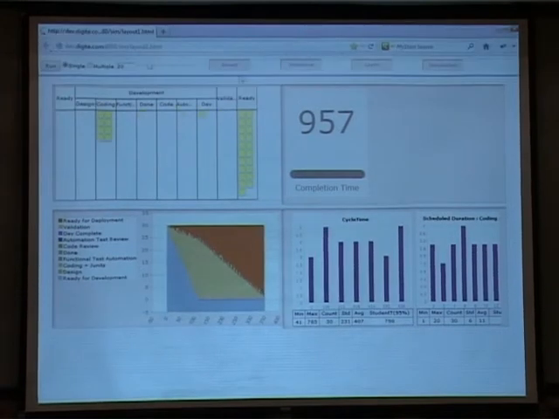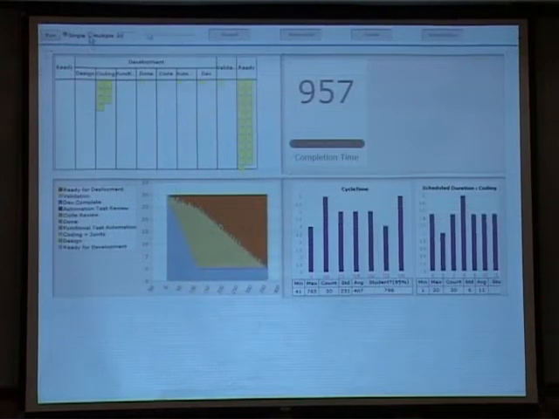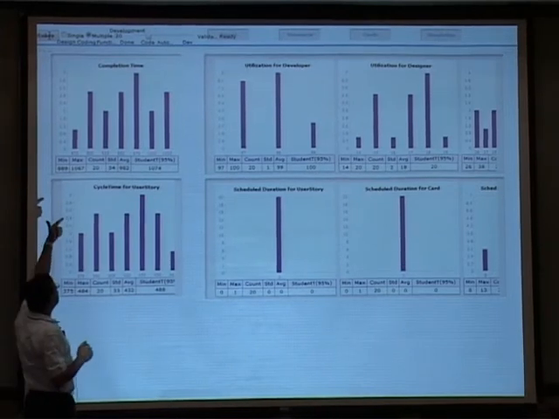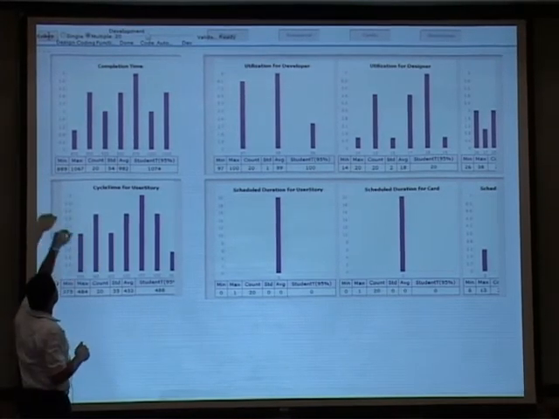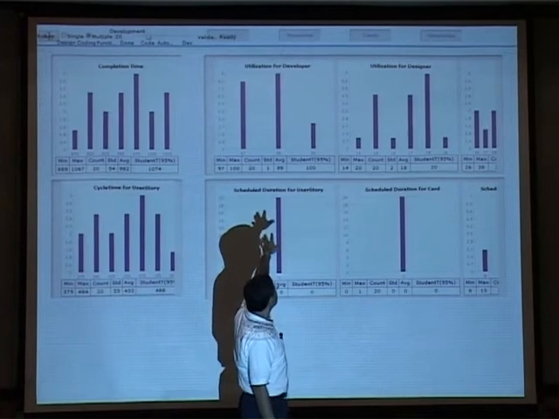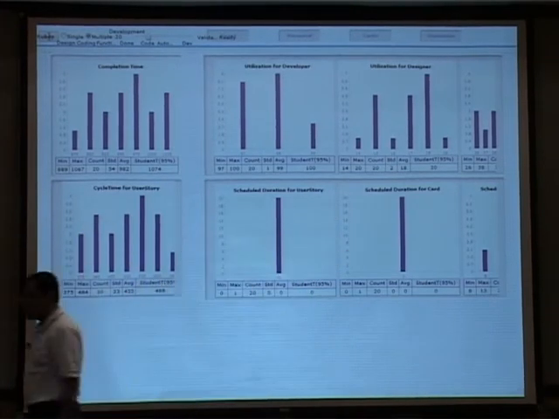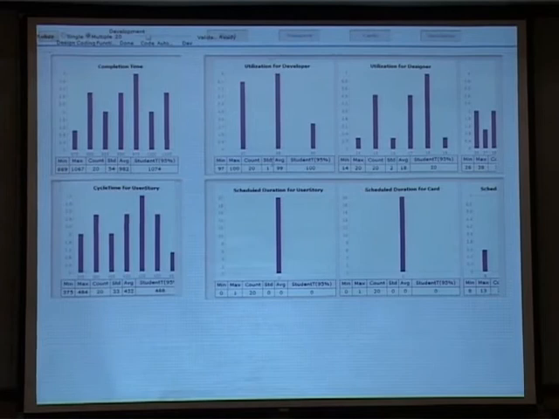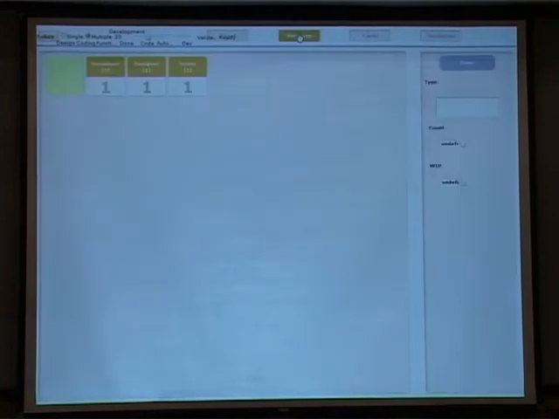So you can actually go to another step and say, okay, instead of doing one run, give me a run for 20 iterations. The system will quickly compute and say, if I were to do this run 20 times, my average is 982 time units for completing it, varying between 889 and 1067, and it gives me a certain level of utilization for developer, designer, and tester for all three profiles that I have, right? Now that you know this is the problem that you have, you can now go to